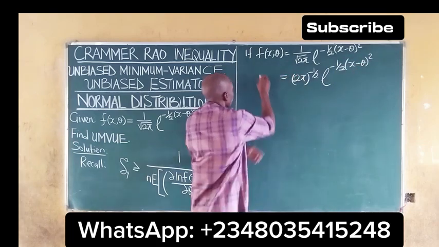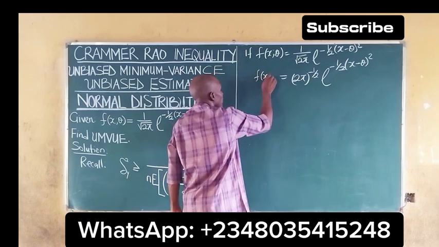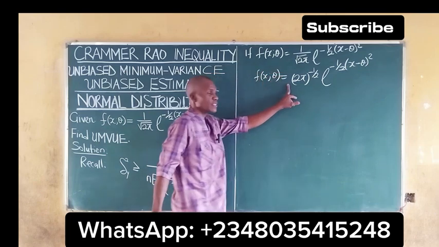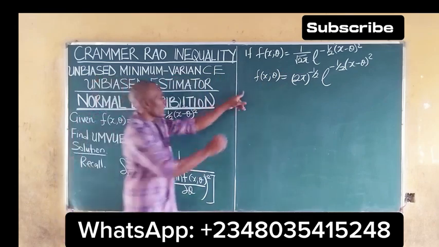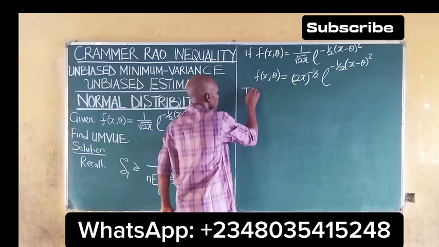We can still write this function as this. Why are we writing it like this? So that it will be very easy for us to take our log. So now we take